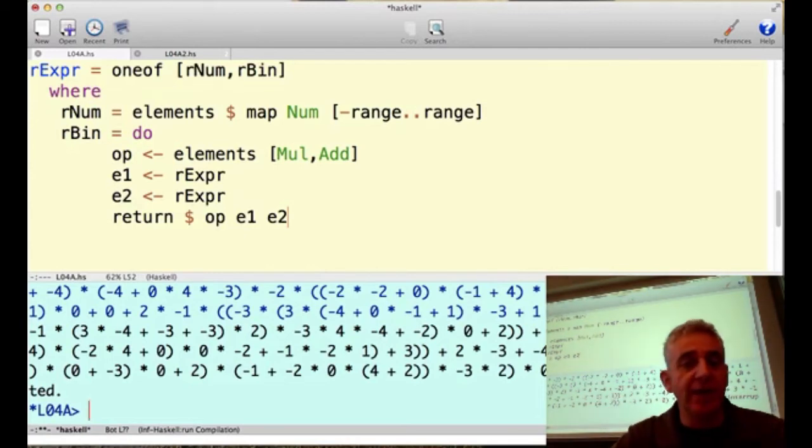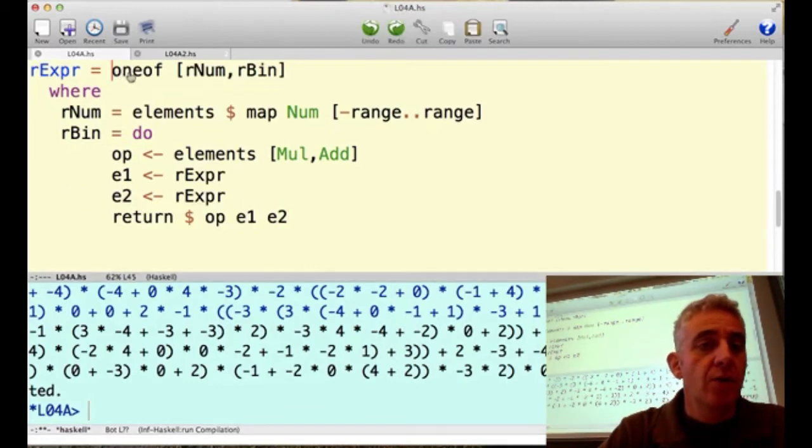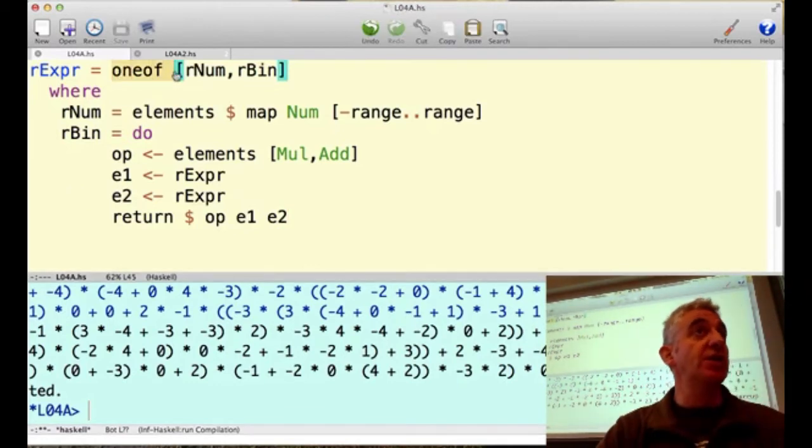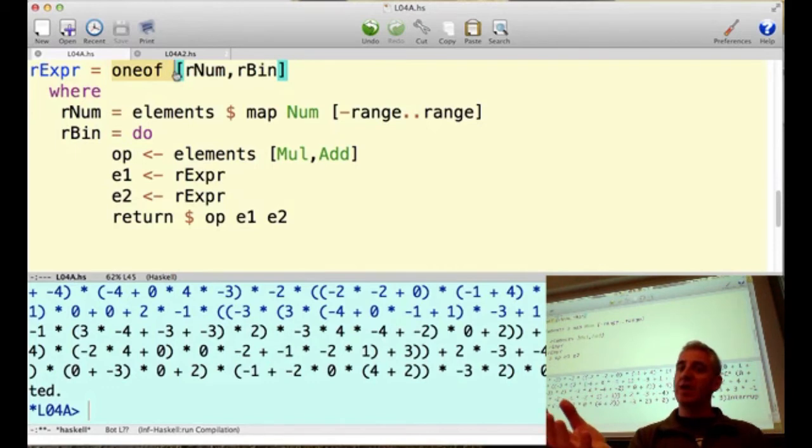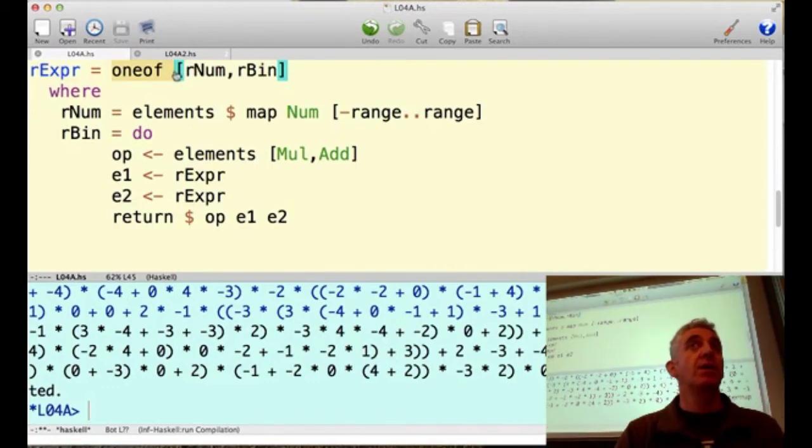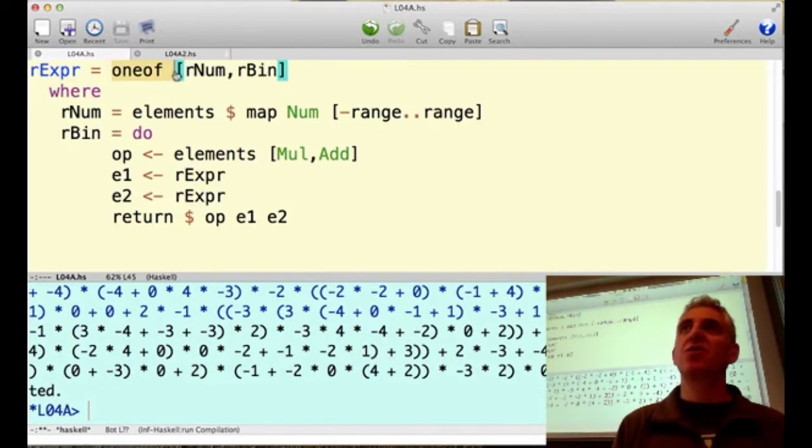Now, one way to fix this would be to use the function frequency to control the relative frequency of the two cases. That actually turns out to be not a very good way to fix this. We don't get a nice distribution of expressions. What I'm going to do instead